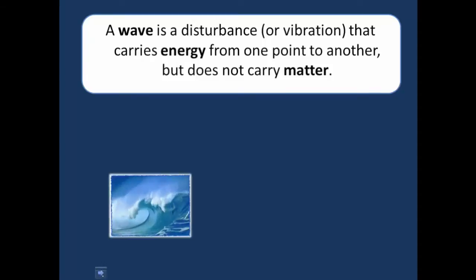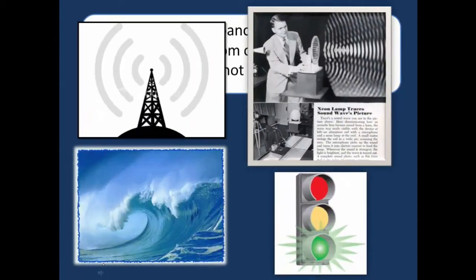Where would we see waves? Well, we'd see them in a whole bunch of different cases. Here's 4 examples right here. At the bottom right there, you see the traffic light, and that's your basic visible light. Top right there, now we're dealing with sound waves, which propagate through a medium by compressing the air around it. In the top left there, you see a radio wave, which isn't to be confused with a sound wave, because radio wave is actually part of the electromagnetic spectrum, which is, again, the spectrum of light. And finally, in the bottom left, the waves we'll be dealing with quite a bit today, this idea of mechanical